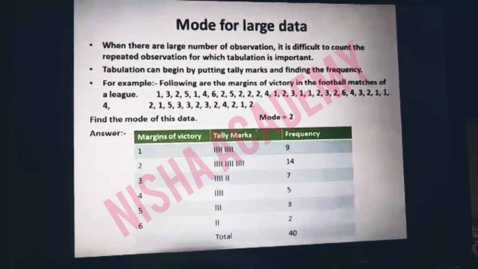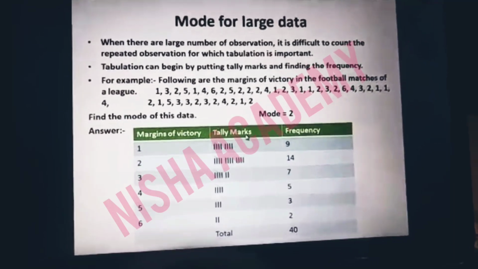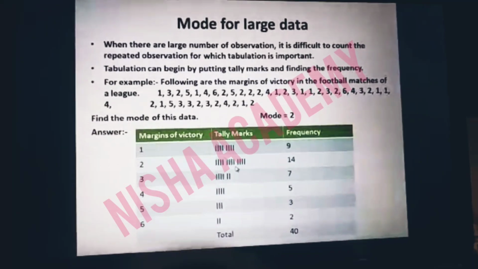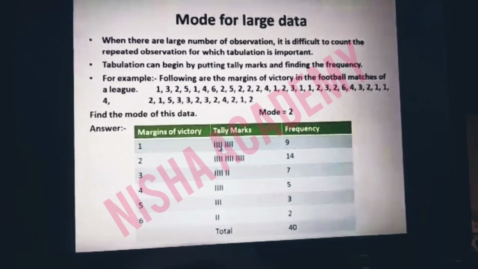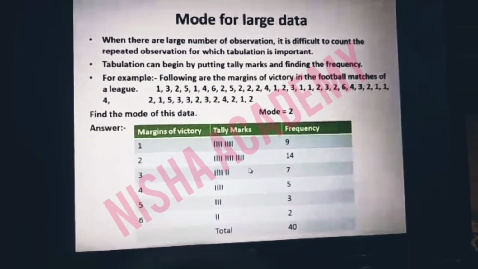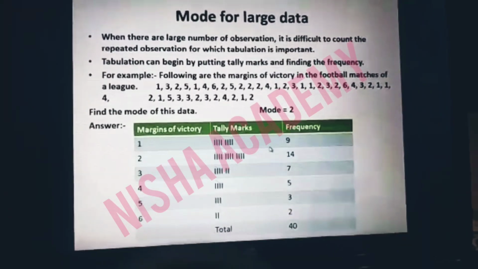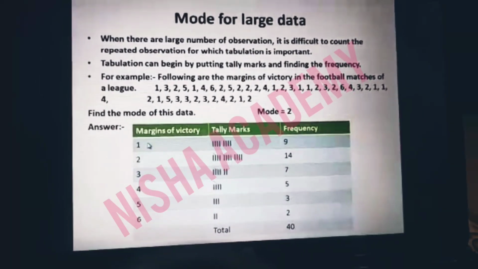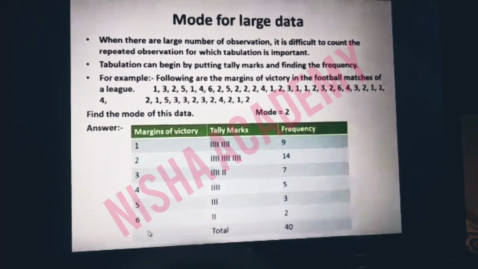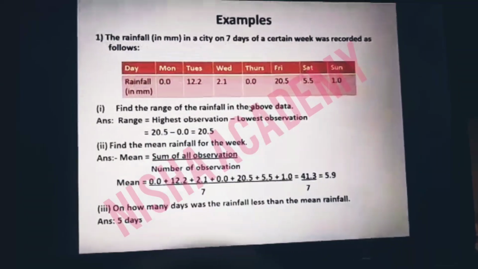Now how will you form the table? By tally mark system. We have already studied the tally mark system in your previous classes. Again I will repeat here so that it is clear to you. Tally mark system means as the number repeats you have to draw a line. After 4 lines, the 5th observation will be a slanting line, that is your tally marks. And when you count this, you'll come to know the frequency. Like in this example, there are 6 numbers: 1, 2, 3, 4, 5, and 6. And so one number is being repeated how many times?